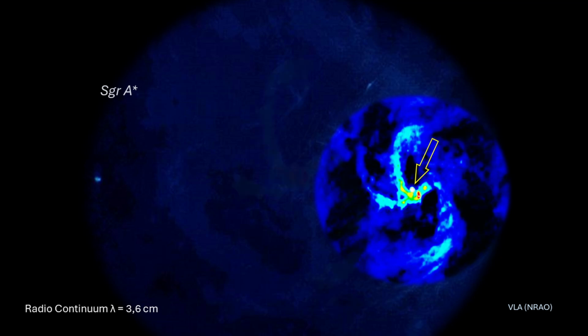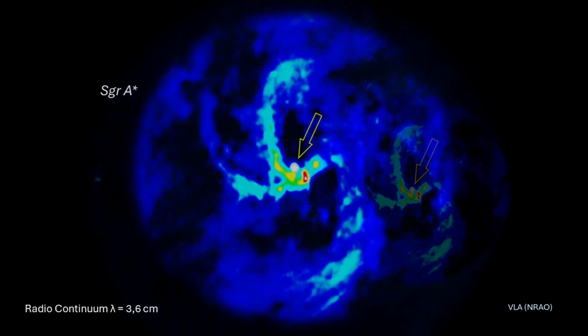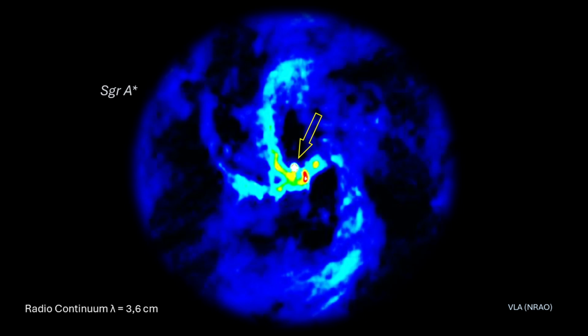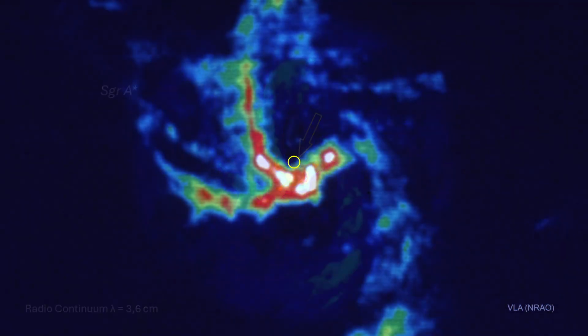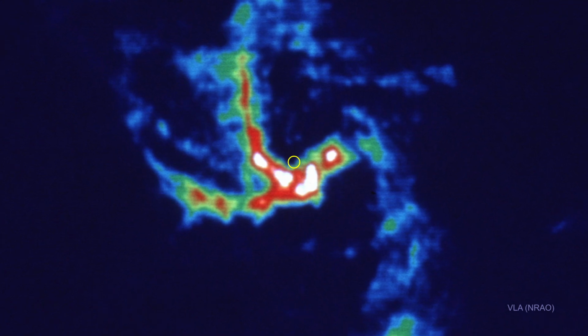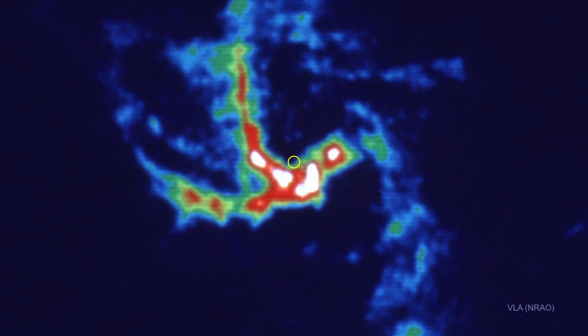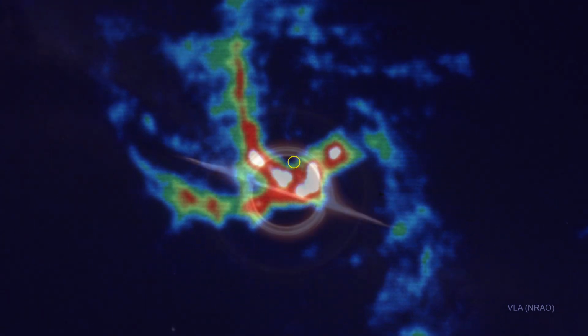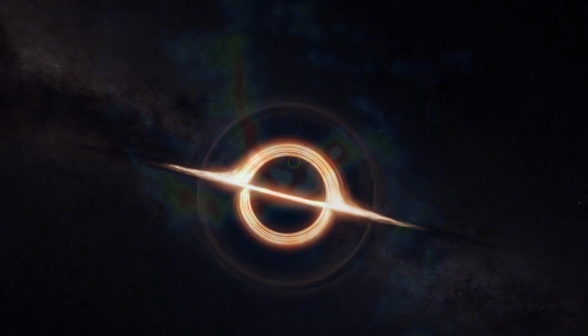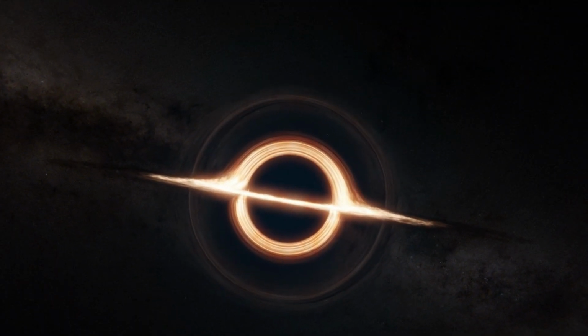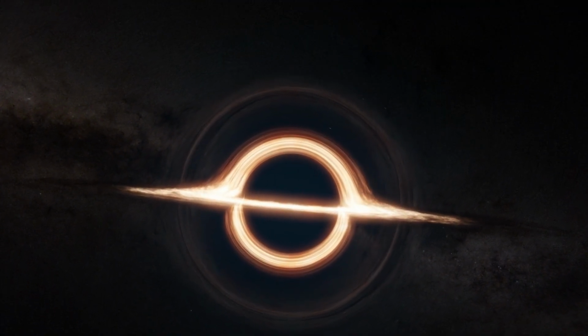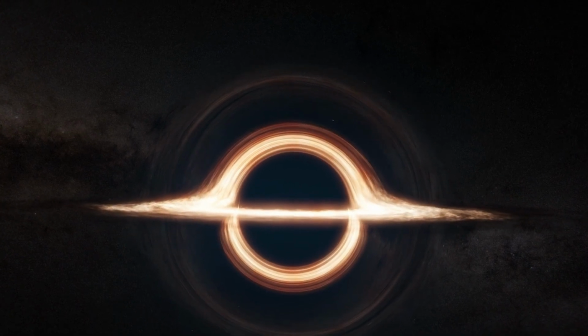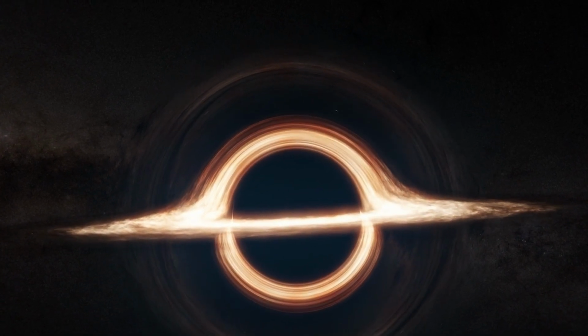Already when these structures were discovered at the end of the 1980s, it was clear that it had to be a supermassive black hole of more than 4 million solar masses, located right in the core of our galaxy. A black hole is an object whose gravity is so strong that no matter or light can escape from this area. According to the general theory of relativity, a sufficiently compact mass warps spacetime to such an extent that a